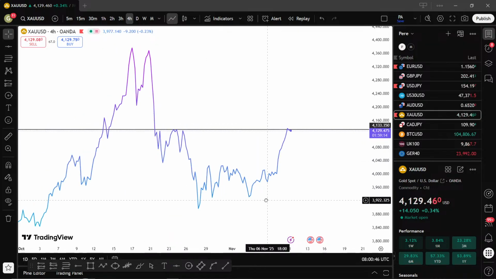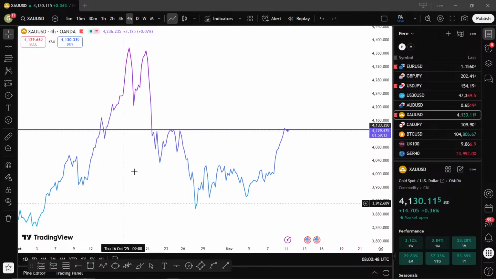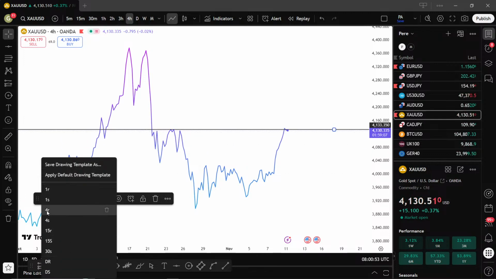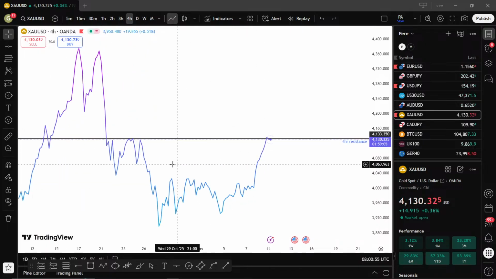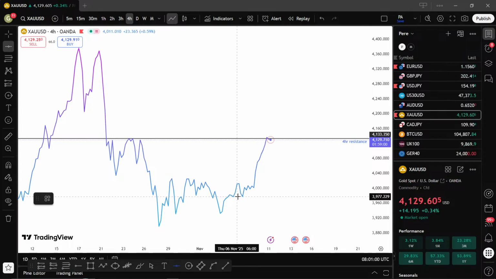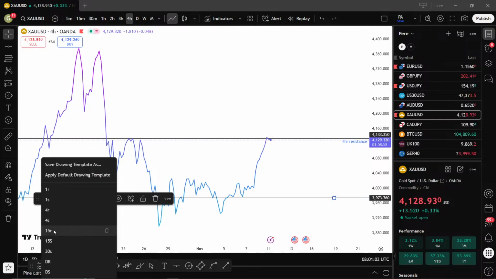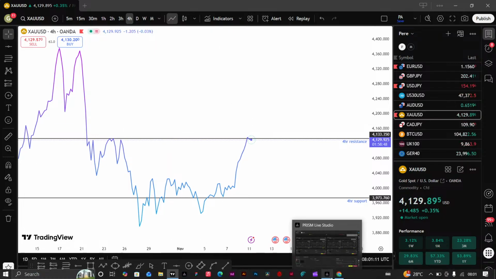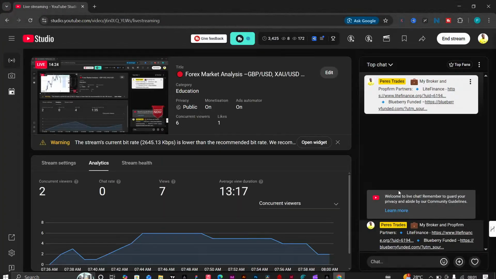Okay, that is a 4-hour resistance. For our support is just right here. Now we'll move over to, so before I proceed, let me take a look if there are any comments or any single thing that I had to consider. Okay,